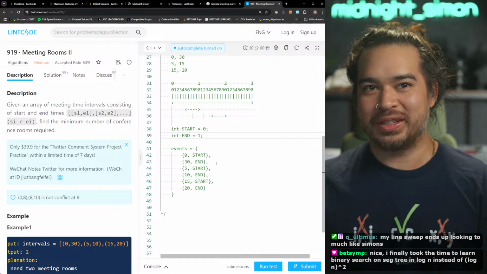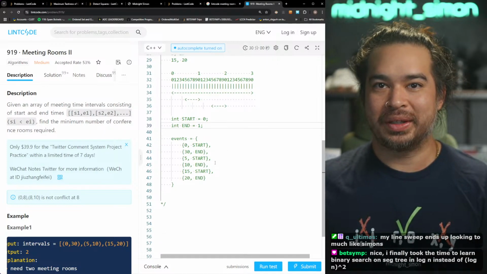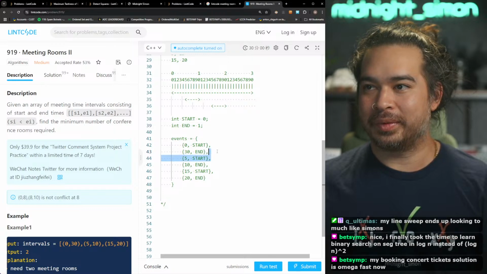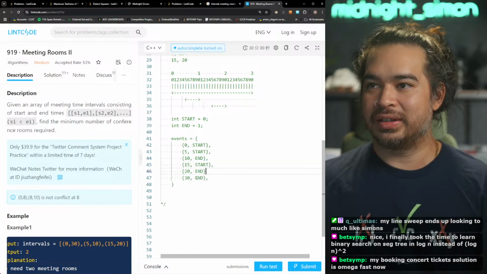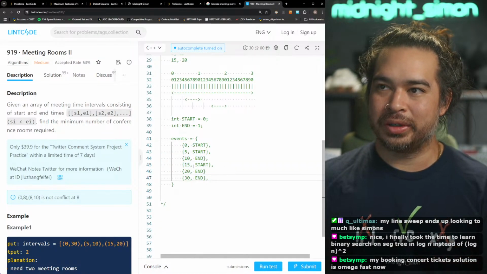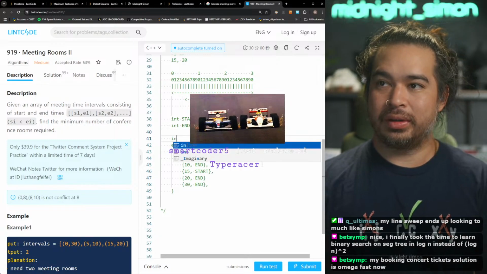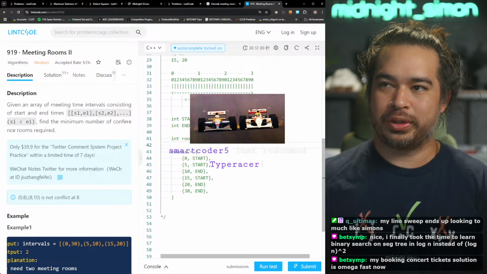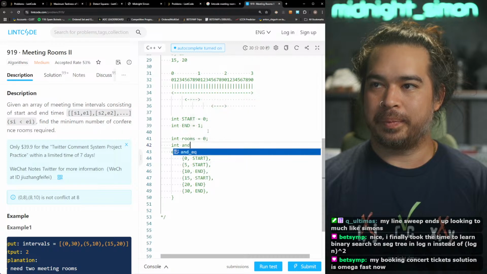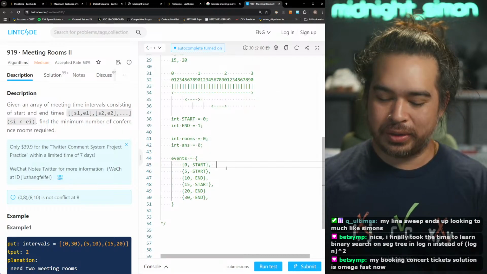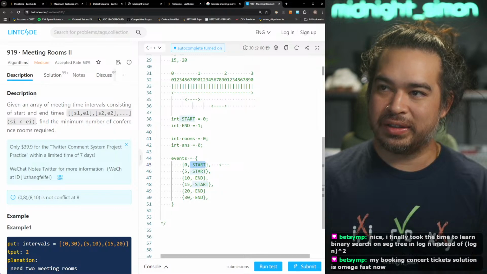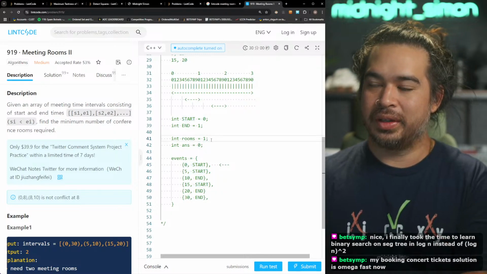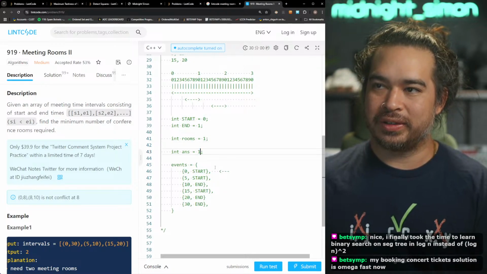All right, so let me sort these events for you, Steven Sagiball. So start, then we got a 10, then we got a 15. So after we sort them, this is how they would look. And now you just remember how many rooms you've seen. So as you iterate over these events, you check if it's a starting event, we increment the rooms, and then we just record the maximum that you've seen so far.